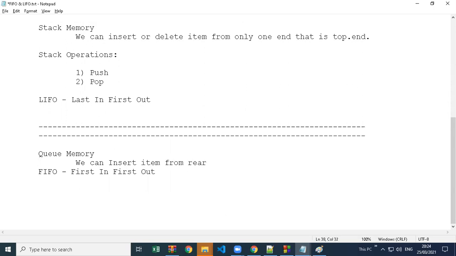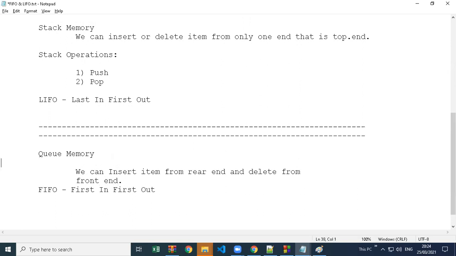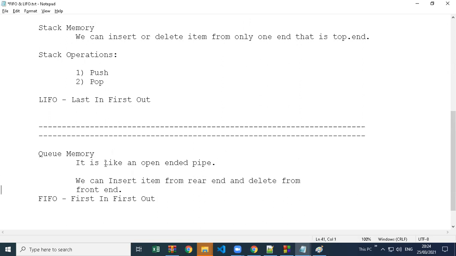So it is like an open-ended pipe which has two ends. We can insert item from the rear end and delete from the front end.